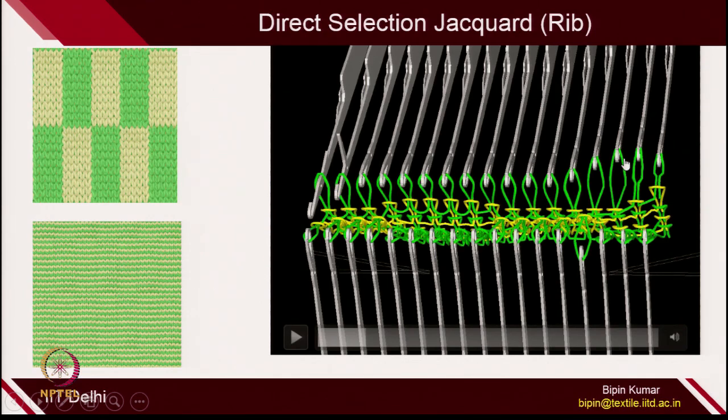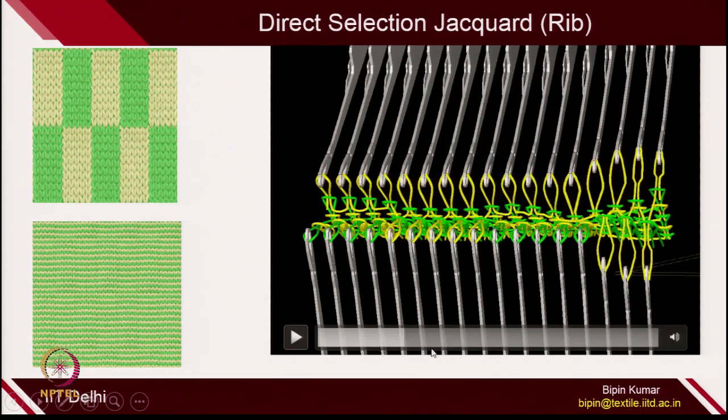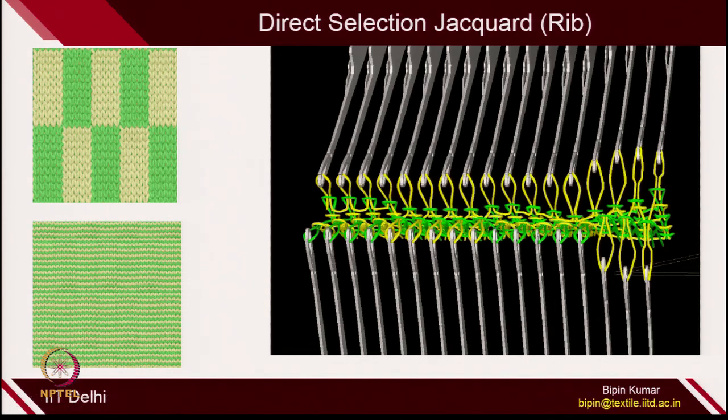So this green line and then yellow line on the back side. So basically you are using both rib as well as front loops to make direct selection